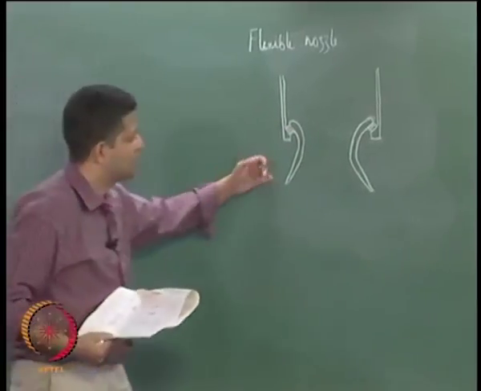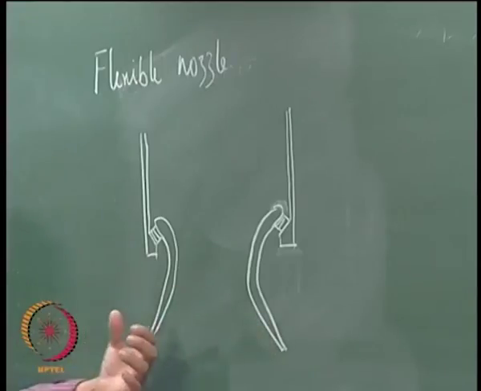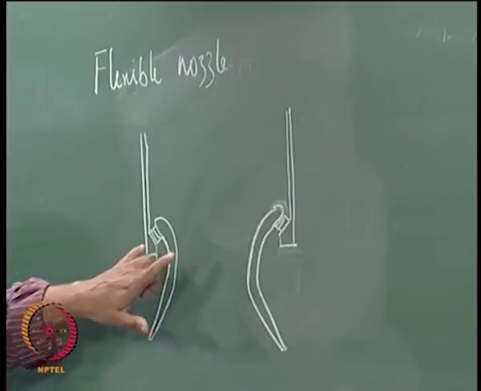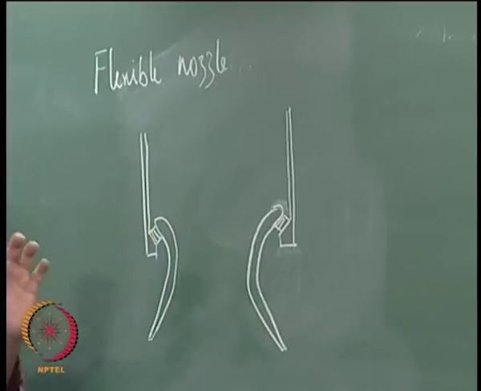So if you have an actuator and move this nozzle alone, right, then you can get the same desired effect of vectoring the thrust. The only thing is, this joint needs to be flexible here and allow for movement. Okay,